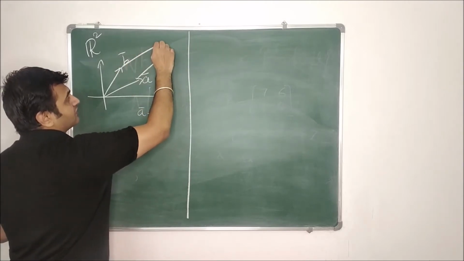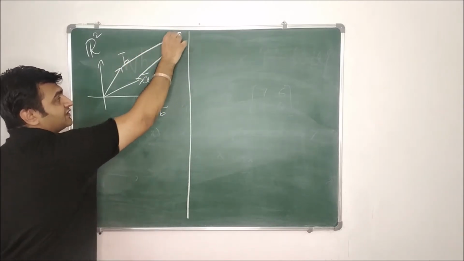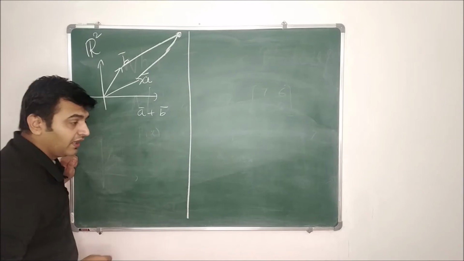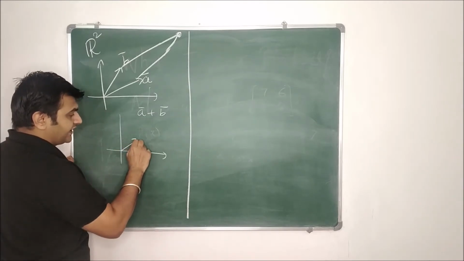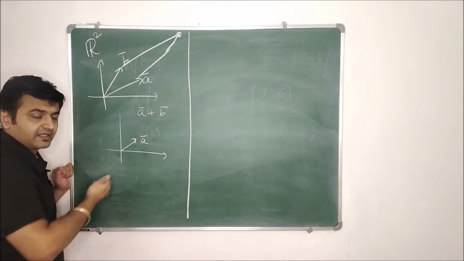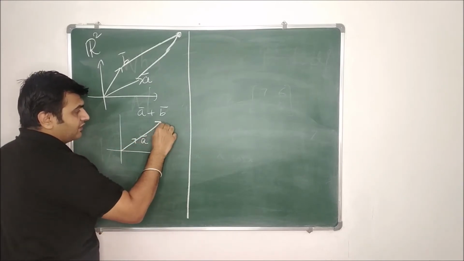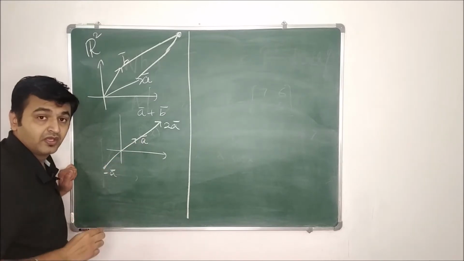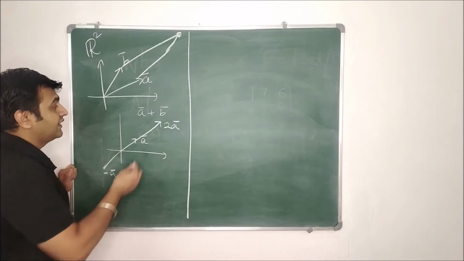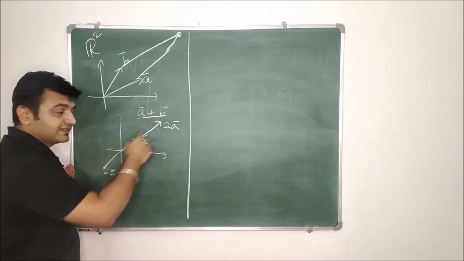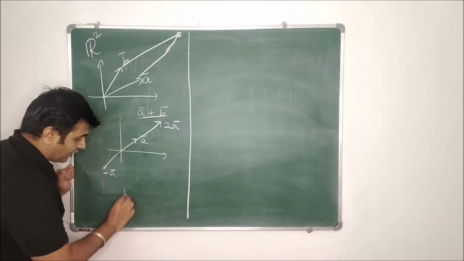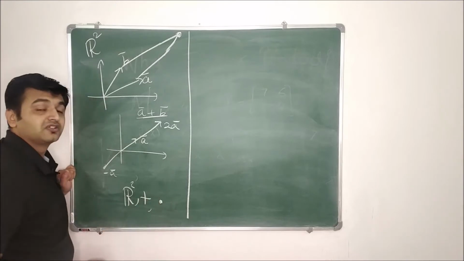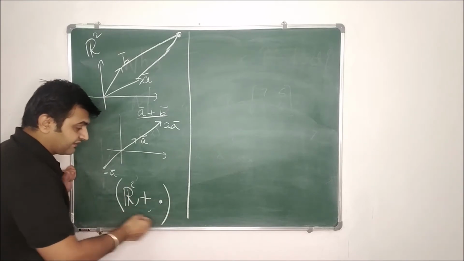So this is what I do: I do A bar plus B bar. This is my addition of the vectors. So once you have two vectors, the basic thing is you add the vectors. And what is another thing you do? If you have a vector A, you scale that vector. If I multiply this by 2, I get 2 times A bar. If I multiply A by minus 1, I get minus A bar. So whenever you have vectors, you either add the vectors, or you scale a vector. That means on R2, you have an addition operator and a scalar multiplication operator. So this is one triplet.